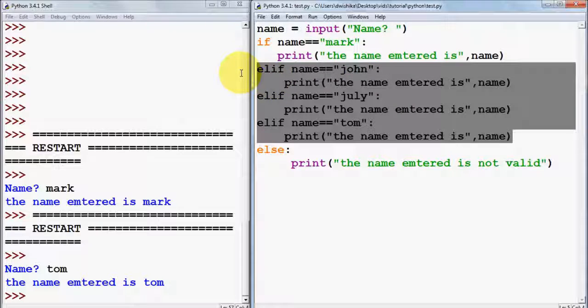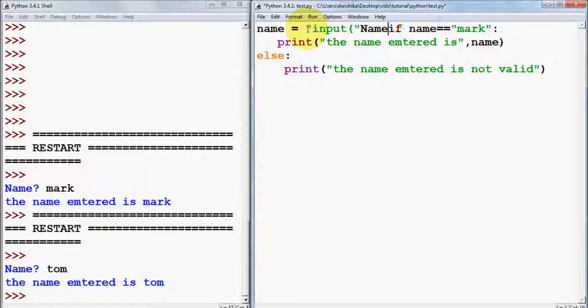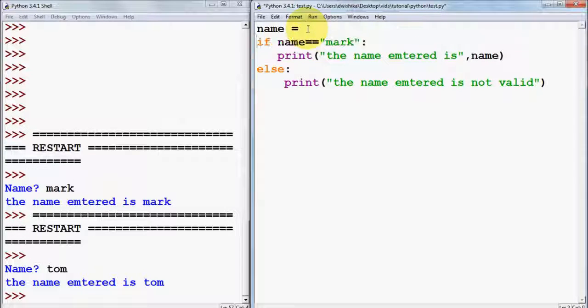Now for example, I want to have multiple if conditions inside my if condition. Okay, so it's called nested if condition. I tell the user to enter any name, and we assign this value, this name, to, for example, we have this name is equal to animal,